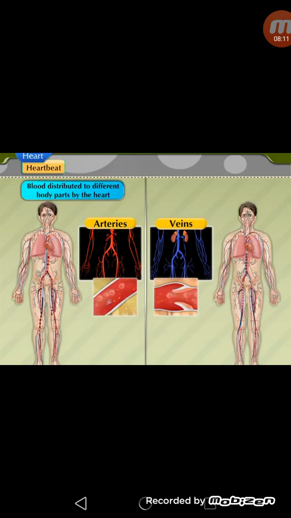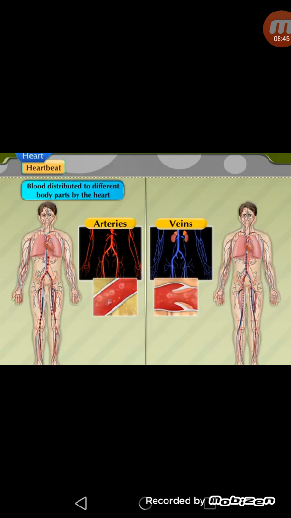The circulation which occurs in the human heart is called double circulation. So students, just remember that in the right side of the heart there is always deoxygenated blood, and in the left side of the heart there is always oxygenated blood. So in this way deoxygenated blood remains separated from the oxygenated blood. But since the blood passes twice through the heart, this is called double circulation in case of human beings. So we can say circulation of blood through the human heart is called double circulation.